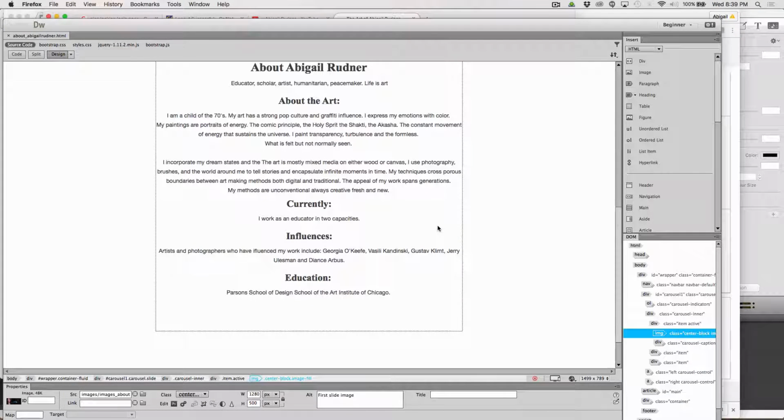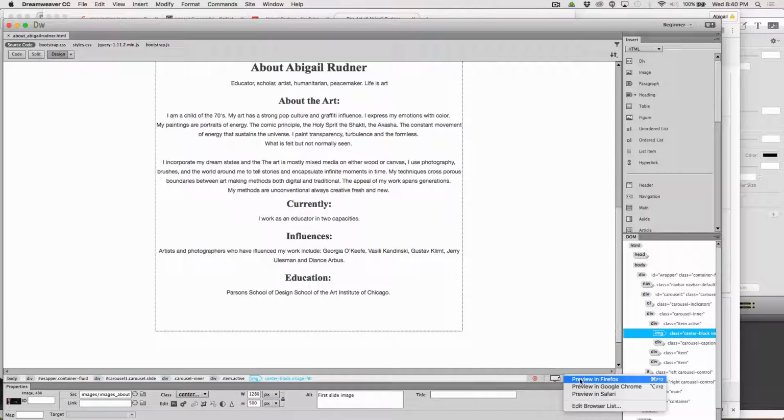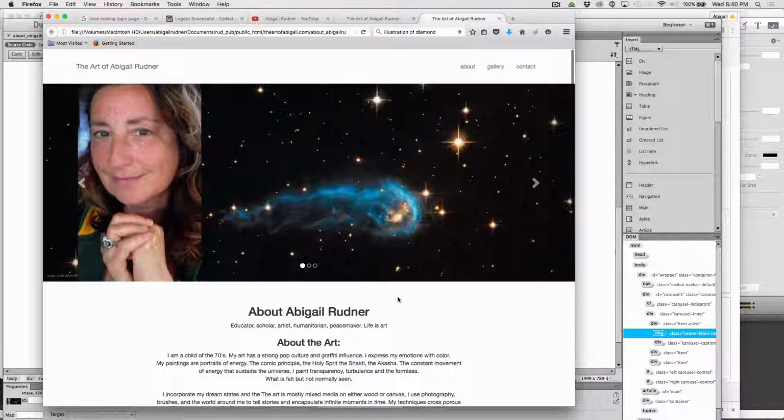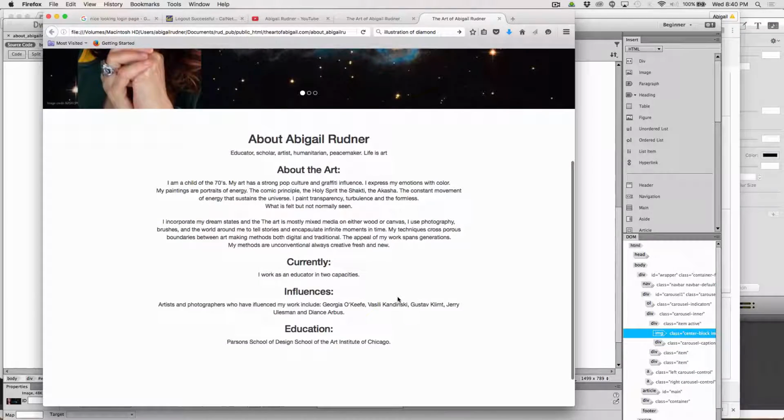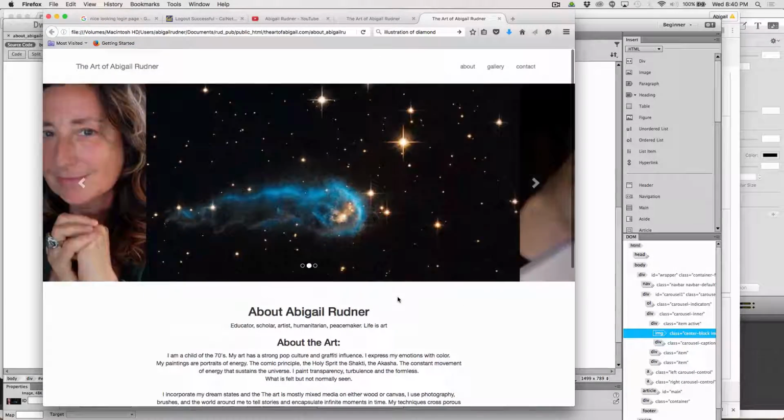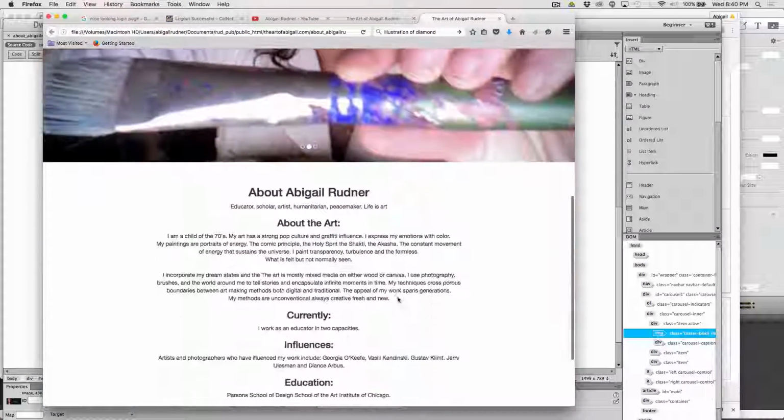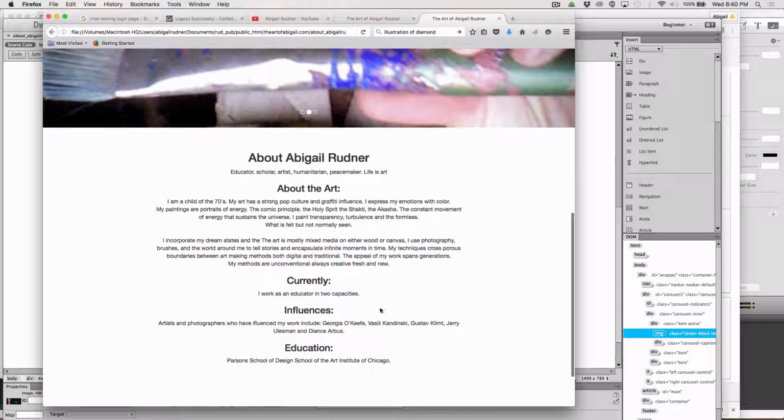Save and load it. Do it to it. Don't freeze. Work. Okay, so there it is. It's using that font. It doesn't look great, but that is what it's doing. I've now screwed up my web page, and it's now using this font. That's what it's calling. It doesn't look right, but